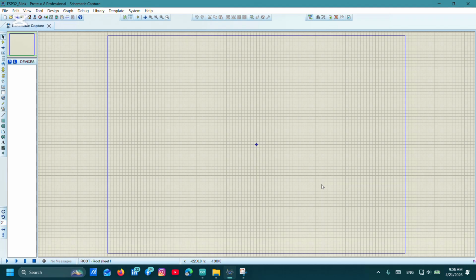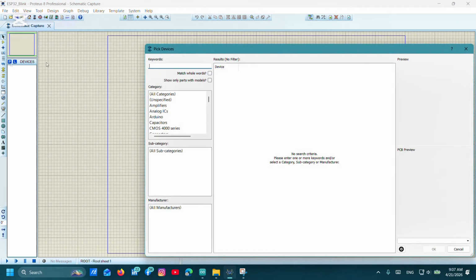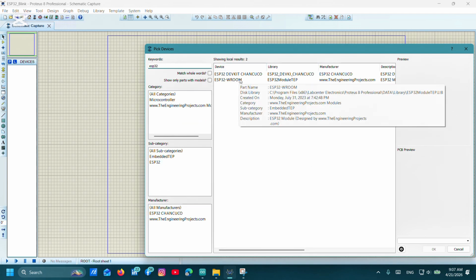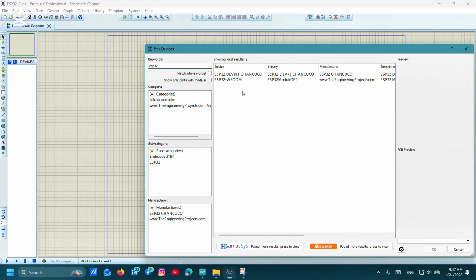Next, we have to select the components to make the blink circuit in Proteus. So let's select the components. First, we have to select the ESP32. Here you can see the ESP32 module. This one is the simulation module we have. If you don't have this module, I will add the video link in the description. So go through that and add the ESP32 in your Proteus. So let's select this,